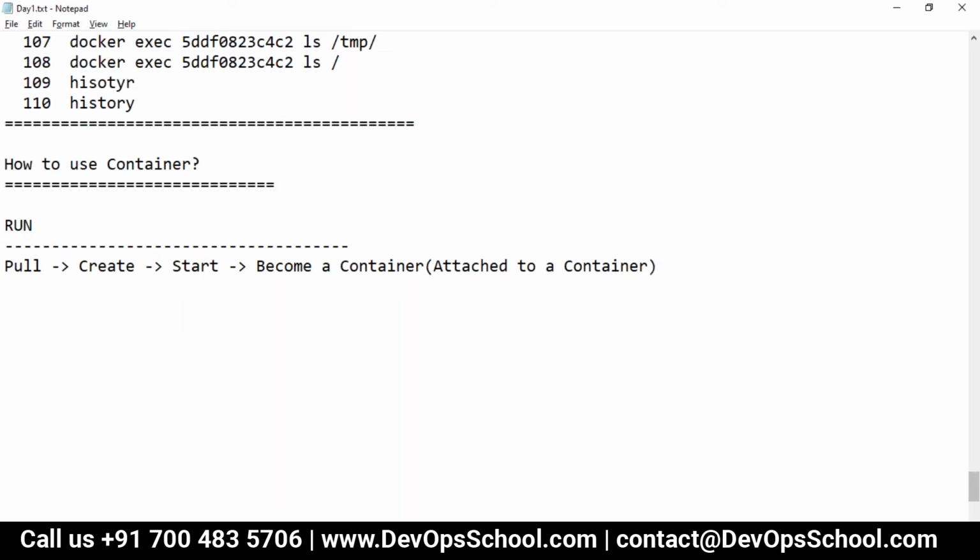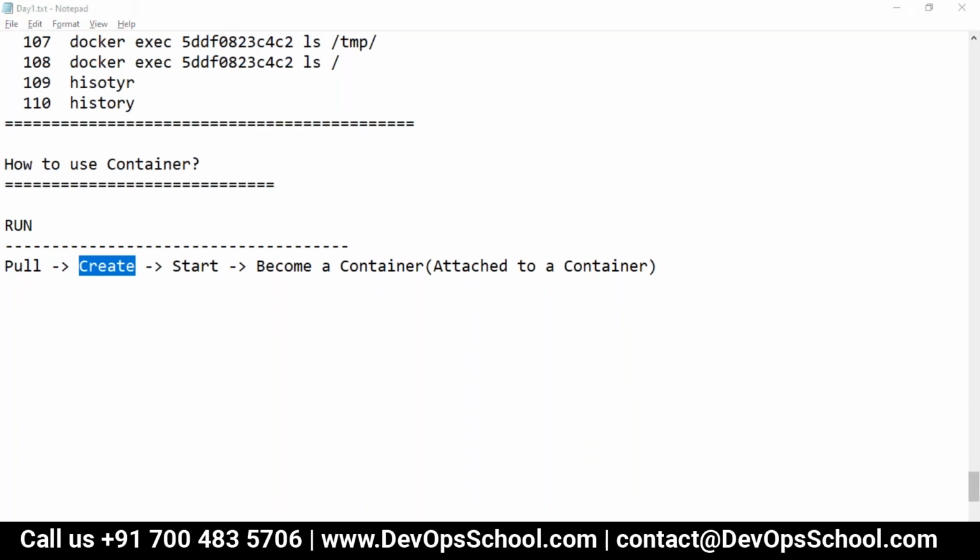So run means pull plus create plus start plus become a container. Remember, whenever you use the command run, it always creates a new container. Always.